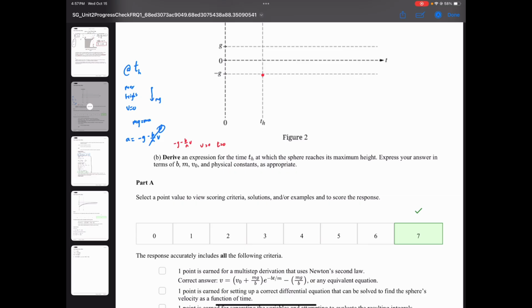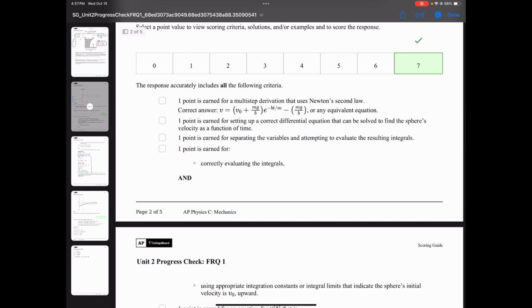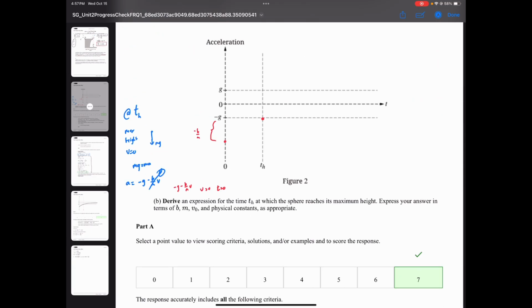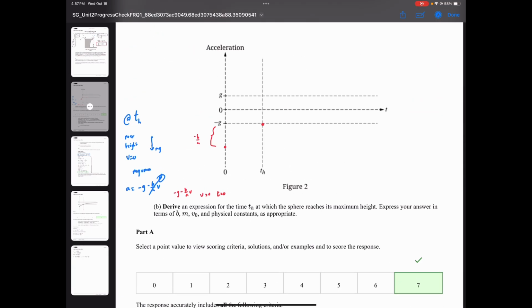So if v is positive, then this whole term, negative g minus b over m times v, is going to look like this. And this little part here is the negative b over m. You don't have to write that on the graph. I just want to emphasize it. So if you look at the scoring guidelines for the graph, it's just that you show that the initial acceleration has a magnitude that's larger than gravity, and it's going to be negative. All right, and then I know that this sphere,